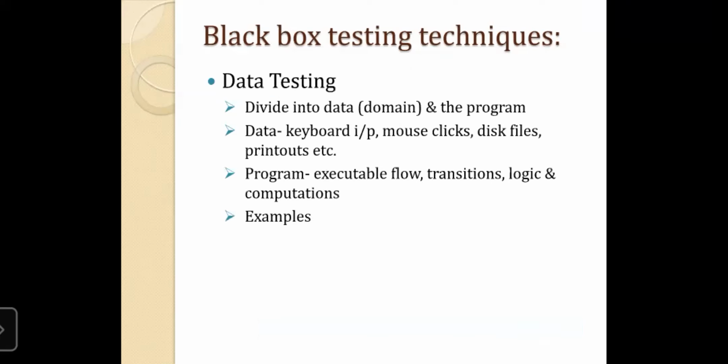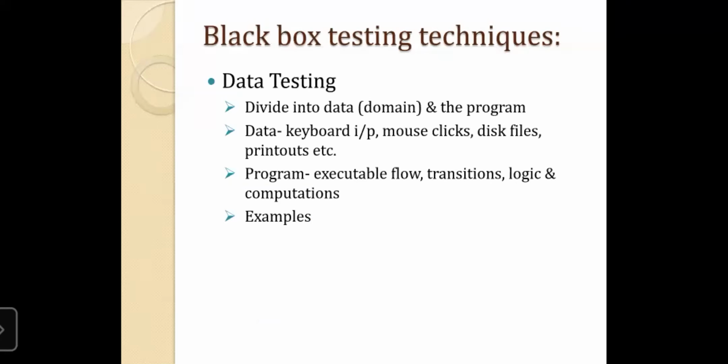Then under data testing, how to check the data, exactly? The data is what is entered through your keyboard inputs or mouse clicks, or any kind of disk files you are using. Suppose you are using some imagery data, you are giving one image as an input.